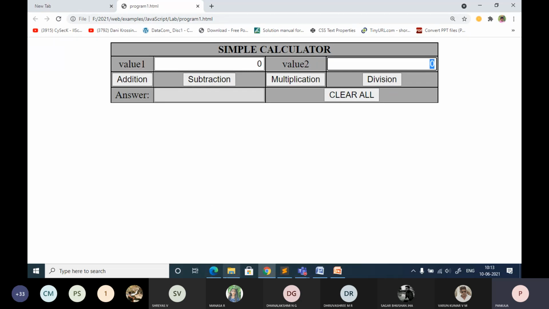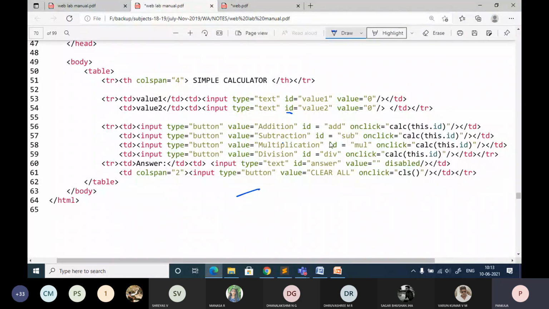So how can you uniquely access this? For that you have to give the id value. So that is id add for this particular button, then for this it is subtraction, multiplication, division. Okay, I'm just talking about the second row. Now whenever you click, there is an event in JavaScript.